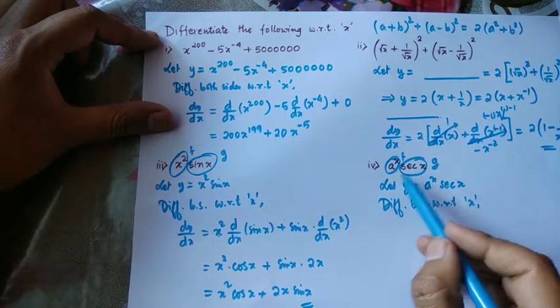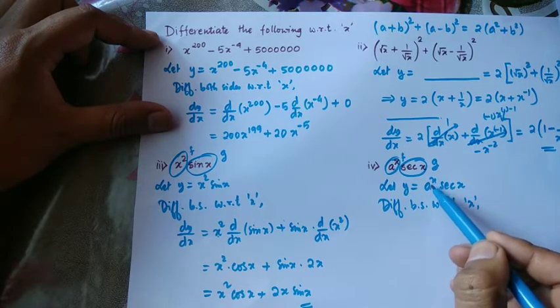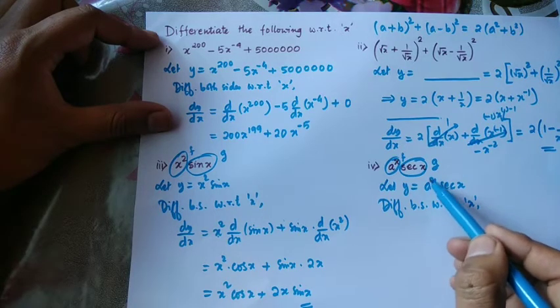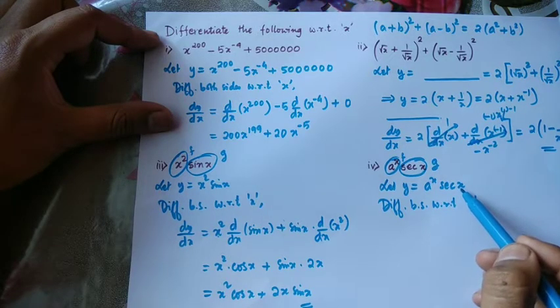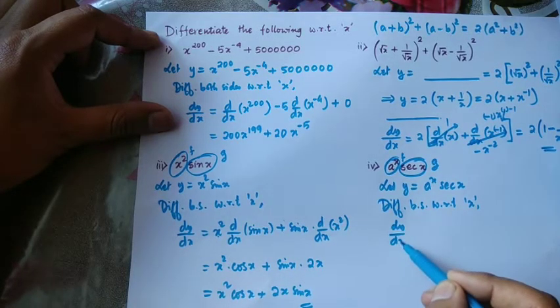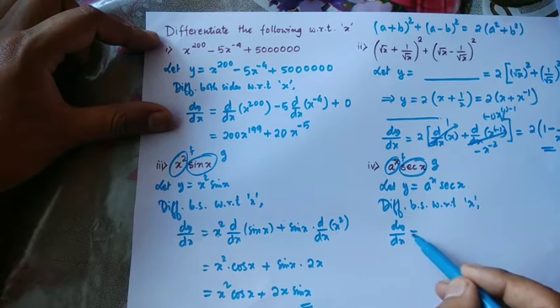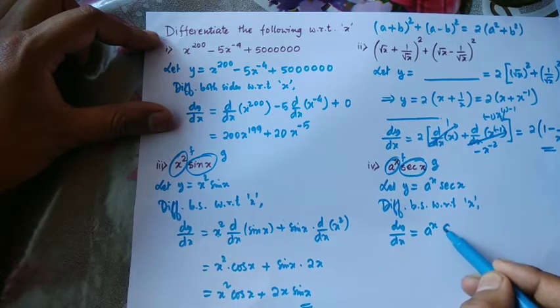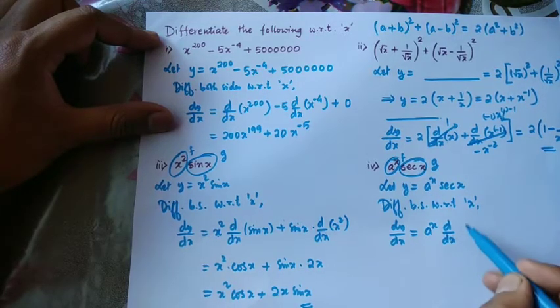Now if I differentiate both sides with respect to x, then I have to keep one of them as constant and differentiate the other. So I have dy by dx, a to the power x is kept as it is, so we will differentiate sec x,